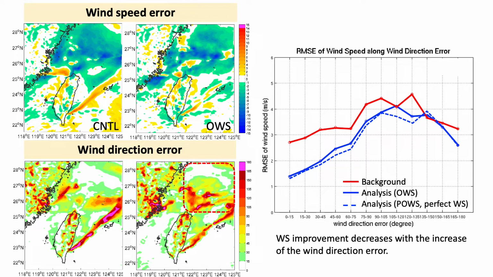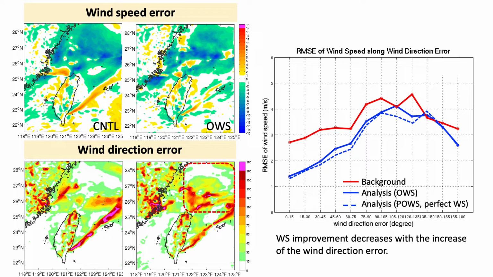So first, you can see that indeed by assimilating the ocean surface wind, we are able to reduce the wind speed error. Okay, so that means the assimilation is effective. However, if we look at the wind direction error, we can also see that there's degradation in the area where the front is located. If we group the wind speed data according to the wind direction error, we can see that